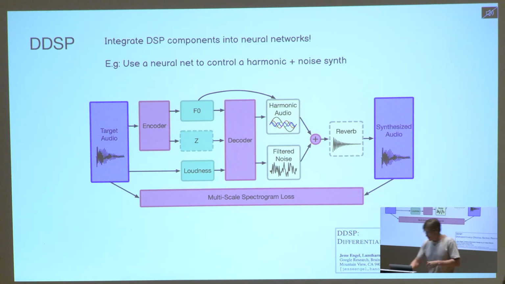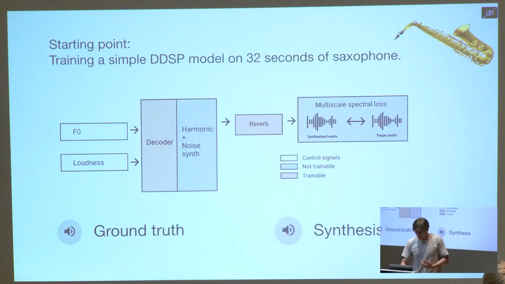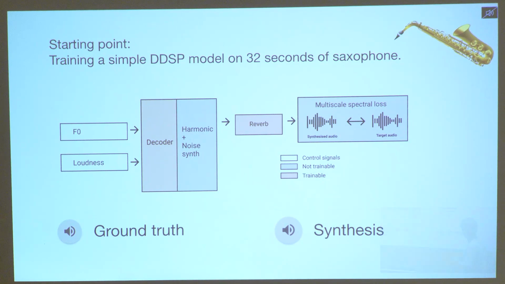So let's use that. The problem is that the DDSP paper claims that you need about 10 minutes of audio. As someone who worked a lot with DDSP when it came out, I found out very quickly that it's hard to find 10-minute solo instrument recordings online. But we thought we would ignore the advice that DDSP gives about these 10 minutes, and we tried to train a very simple DDSP model on 32 seconds of saxophone. And what we discovered was